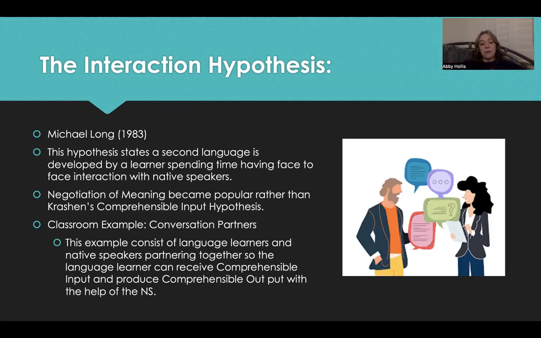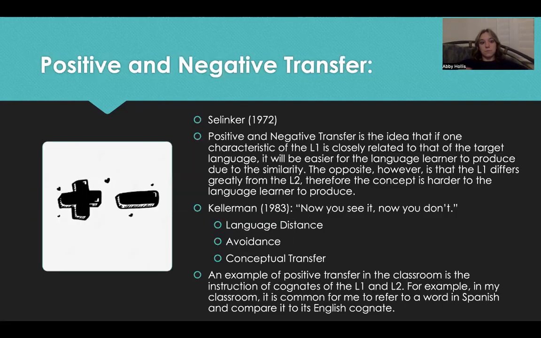And so that way they're negotiating that meaning in their mind during this interaction that they're having, so that they are able to make the connections between their L1 and their L2 through this interaction hypothesis and develop that interlanguage skill at the same time. I really believe the interaction is necessary for the development of the interlanguage, which the learner uses then to develop their L2. Okay. The next one that I want to talk about is positive and negative transfer.